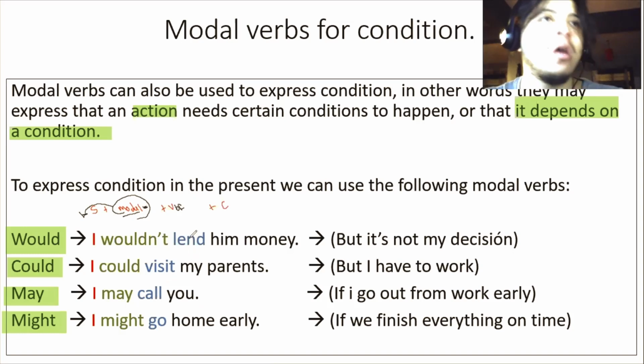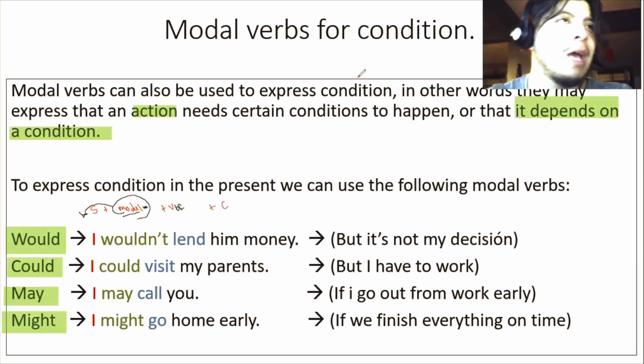No S, no ED, no ING, no participle, nothing. It's just the verb as it is. Wouldn't be, wouldn't do, wouldn't lie, wouldn't try, wouldn't do, okay? So what do we have here? Let's check. So we have a modal verb,